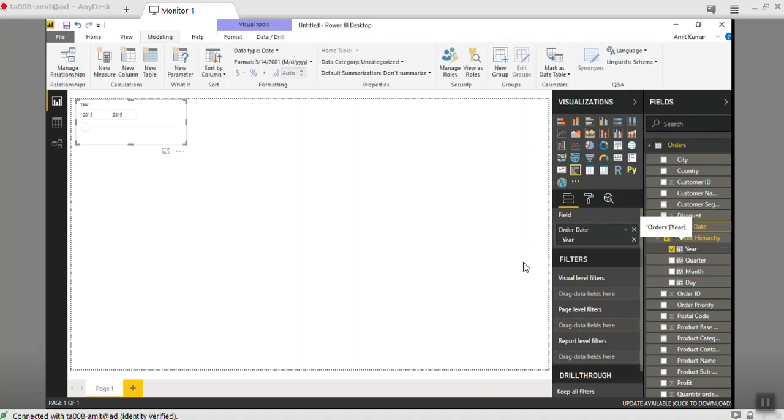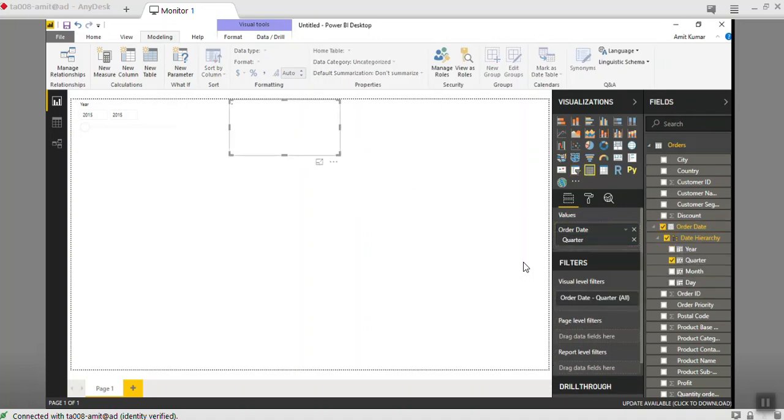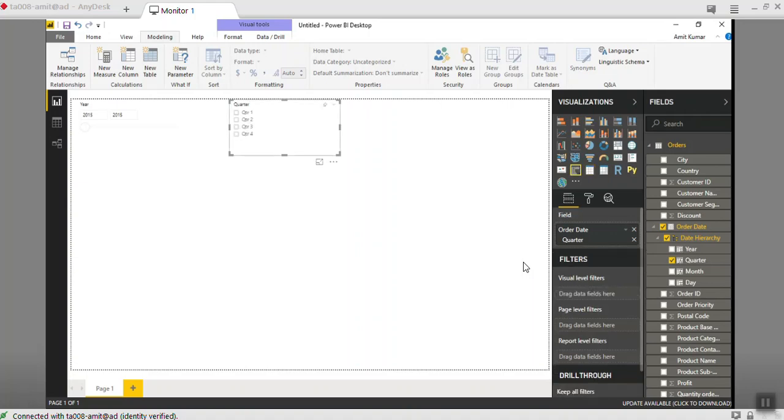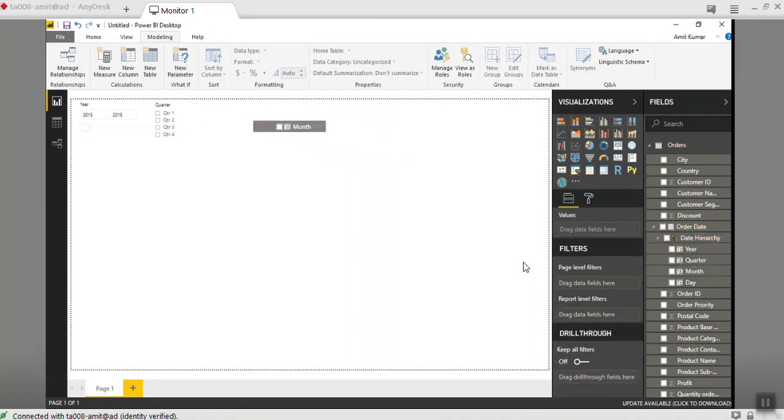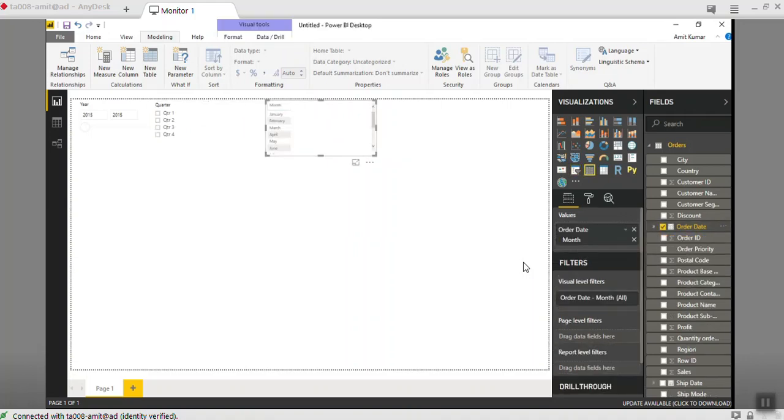So now with this everything is generated: year, quarter, month, day, everything. If you load the quarter also, then you can see quarter 1, quarter 2, quarter 4. This is coming automatically. Quarter is coming only from this date column.